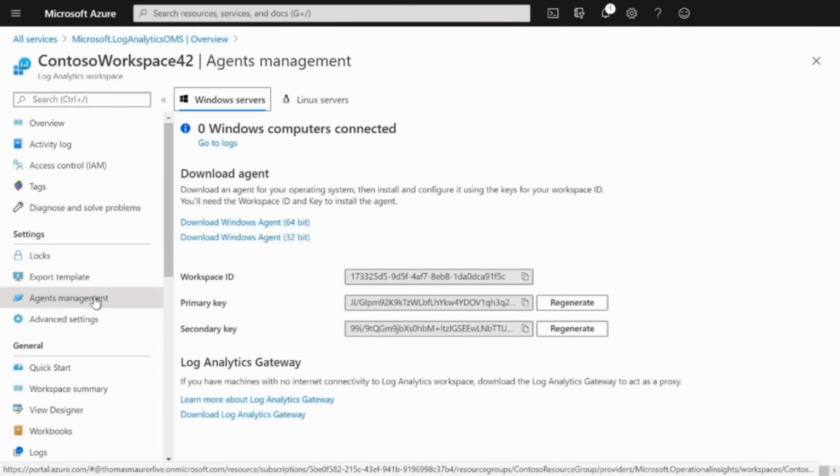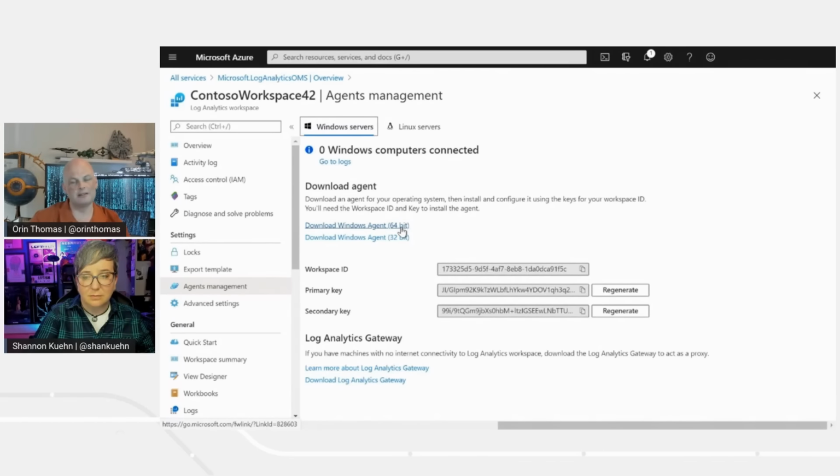Now we can do Windows Server agents or Linux servers. This is obviously a Windows Server focused module, so we're going to be doing Windows Server. And as you mentioned earlier, we've got the option of going 64-bit or 32-bit. You're pretty much going to go 64-bit because I think the last version of Windows Server that was 32-bit was